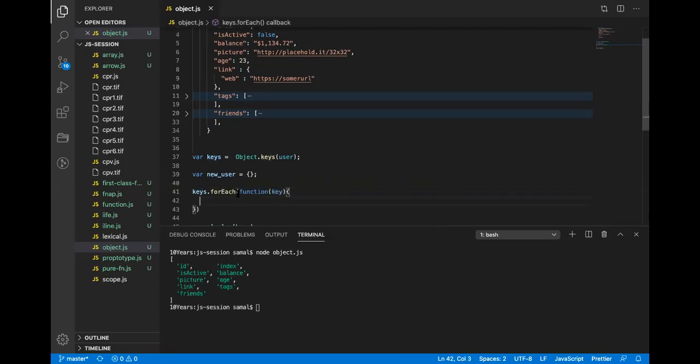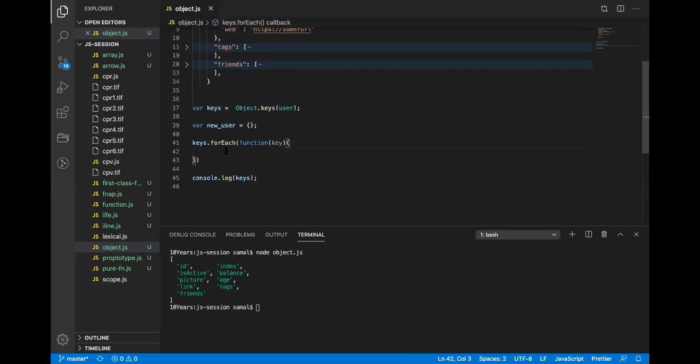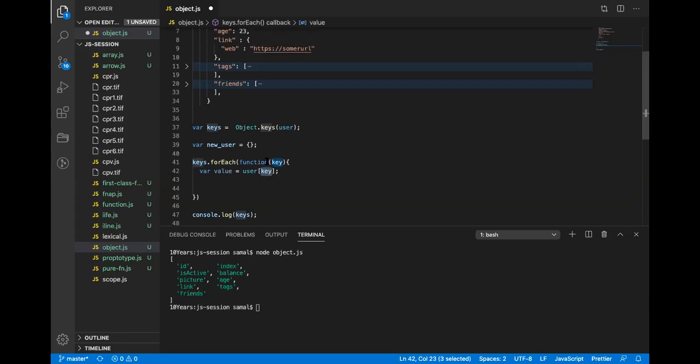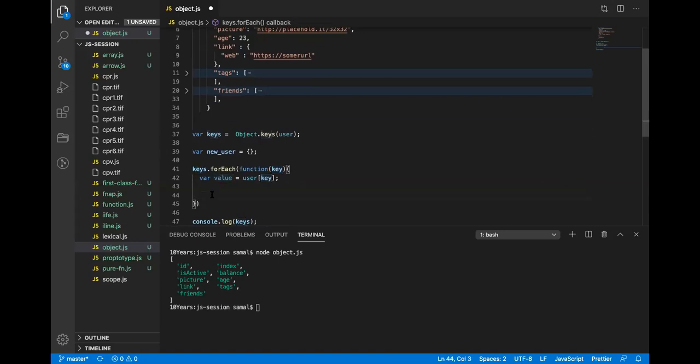Now for each key, I want to read all the values. So I will say var value equals user.key. This is how we read the value from the object. This key is a string, and I am passing it in brackets, because it is a variable. I cannot use dot notation here, so I have to use bracket notation. This loops, identifies all the keys, and assigns each value. If I console this,